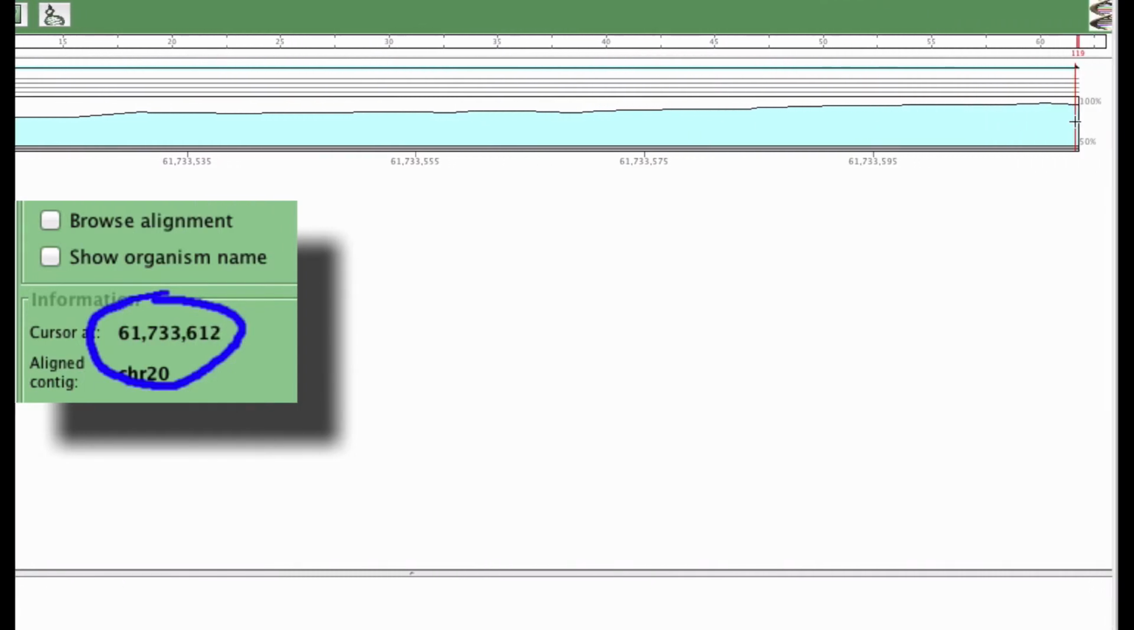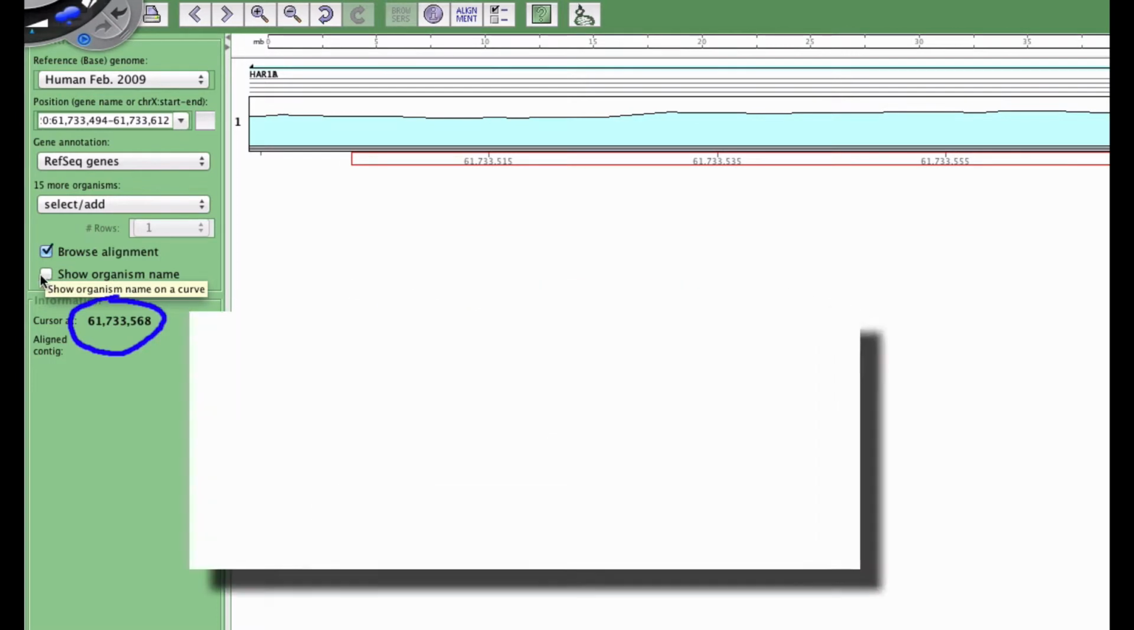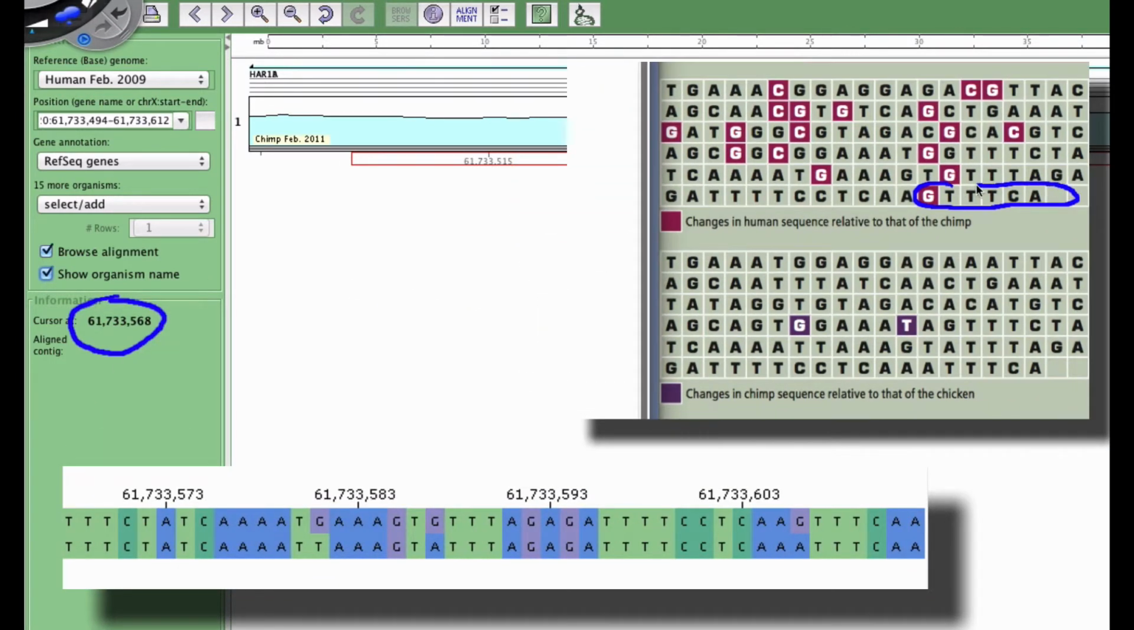And as I scroll across, you can see it ends on 612. So we've got the right sequence. We can do that direct comparison. That's at the bottom. We can compare it to that figure. I'm looking at the very end of that sequence, the last 6 or 7 letters. And you can see that G mismatch. In the chimp, it's an A, and